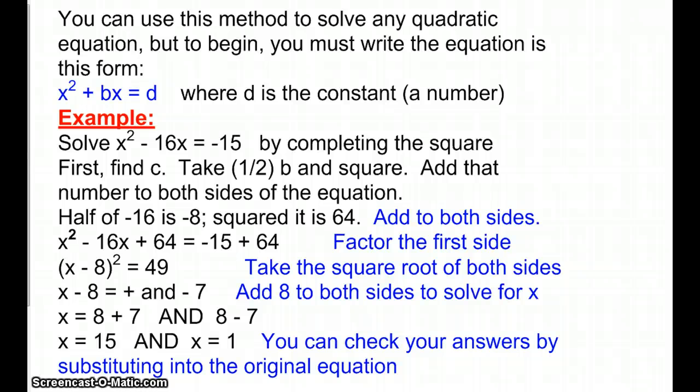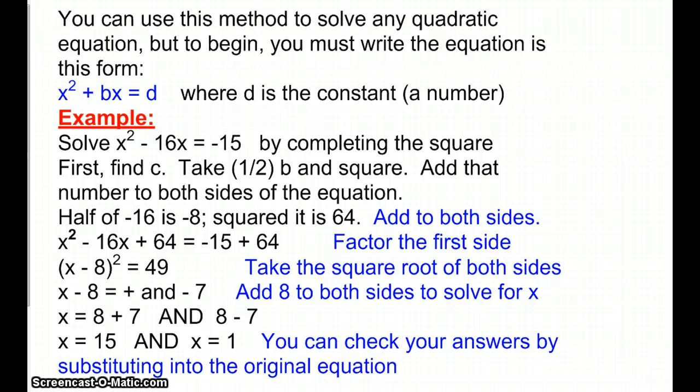If we want to solve x squared minus 16x equals negative 15 by completing the square, the first thing we have to do is find c. Take half of b and square it, and add that number to both sides of the equation. So half of negative 16 is negative 8, squared is 64. So we're going to add that to both sides. x squared minus 16x plus 64 equals negative 15 plus 64. So the equation has not changed because we've kept it in balance by adding 64 to both sides. To solve it,